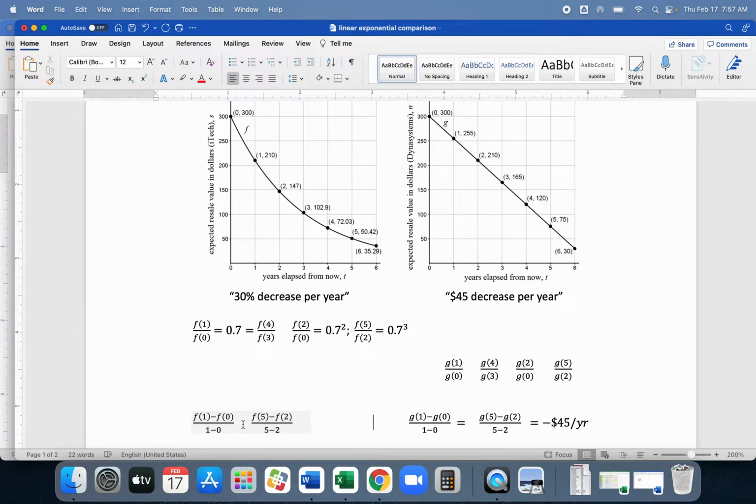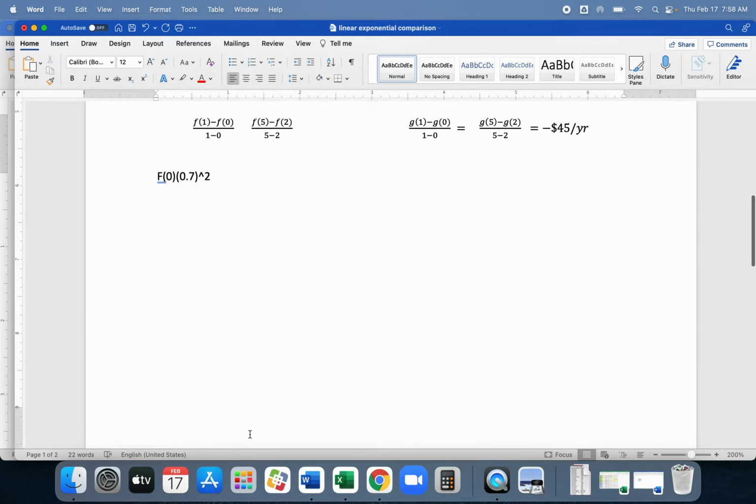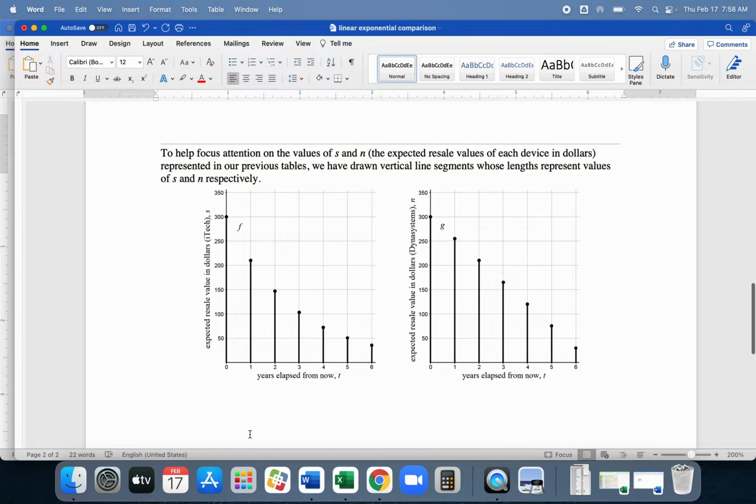But these then, I say, well, whatever this first one is, dollars per year during the first year, and dollars per year on average rate of change between years 2 and 5. I could find those things, but they're not going to be the same for every set of points here, and they're really going to be tedious, so I don't actually want to go through computing them. But just in terms of the graph that I had at the bottom of that sheet that I gave you,